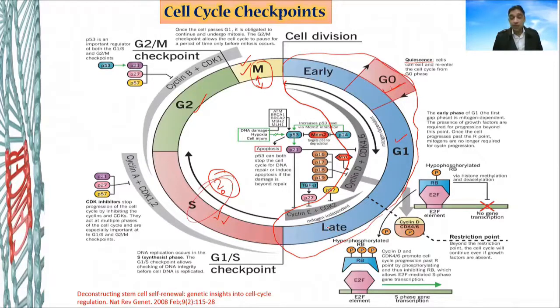I'm repeating that answer: why the cyclins have different numbers and the numbers are not in sequence, because they were not discovered in sequence. When people started working on many proteins, they discovered and studied their function. They came to know that they are related to the cell cycle and the cell cycle checkpoints. They started giving them similar sorts of names like cyclins or CDK. The numbers were given, I believe, in order of their discovery over the period of time. So there is no science in these numbers.